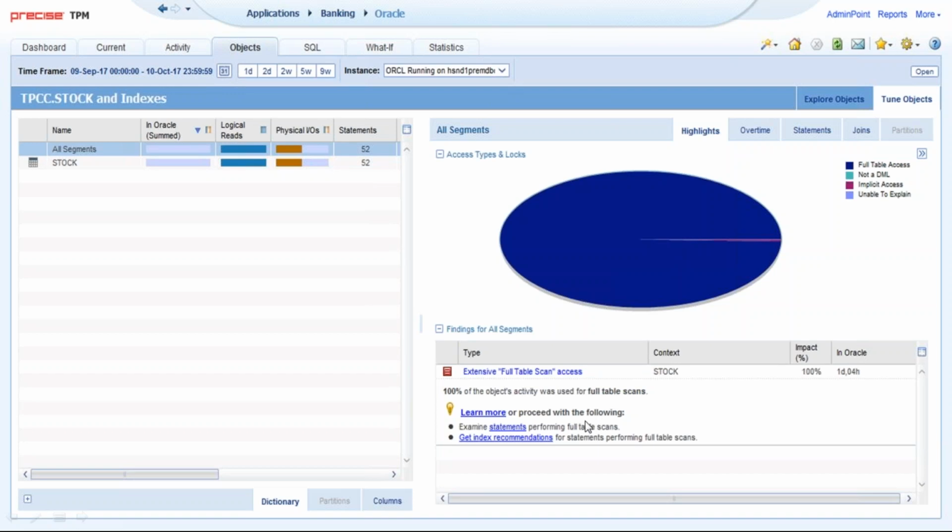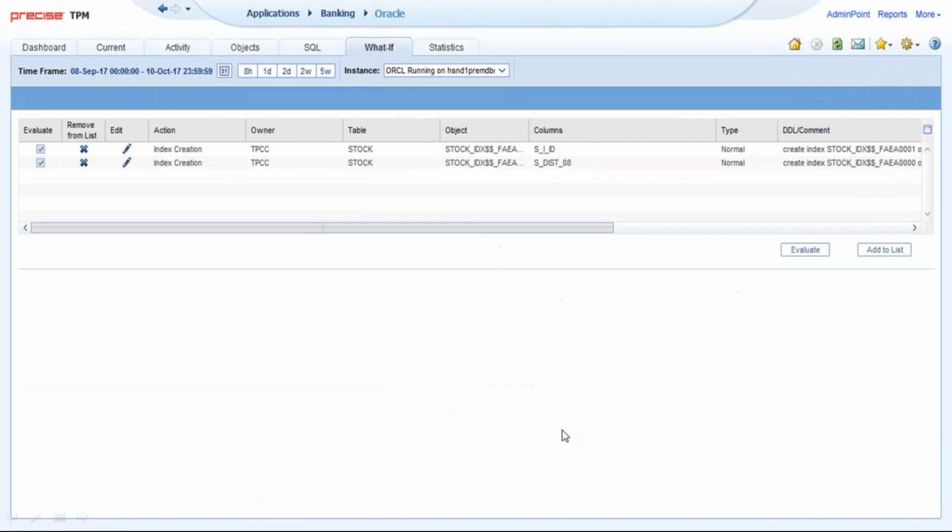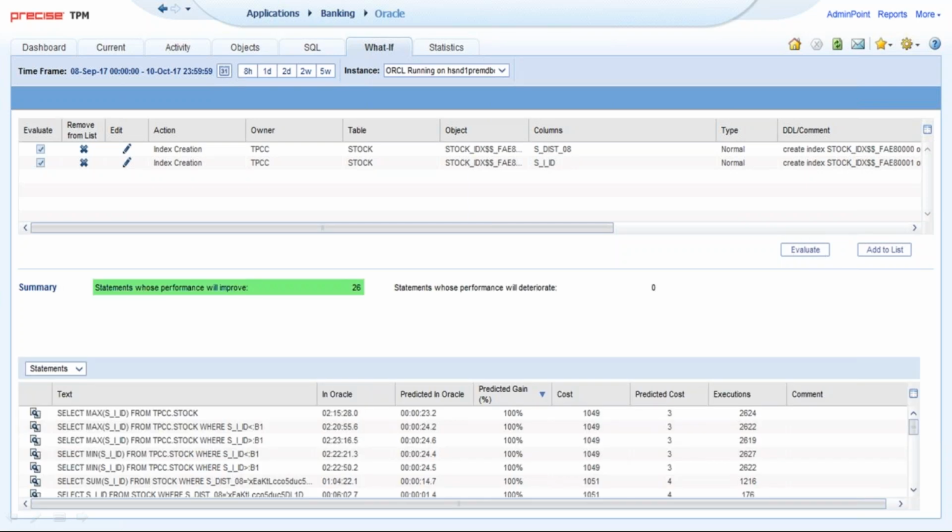And we might want to get a recommendation idea about indexes that would be helpful for all of the SQL statements that use this. And the recommendation engine actually comes up with two different indexes on the stock table. And now what I'm able to do is evaluate those two recommendations. Incidentally, I could evaluate them one at a time, or I can evaluate them together. So let's click Evaluate, and Precise will go out and do an analysis, and it's saying, wow, there's 26 SQL